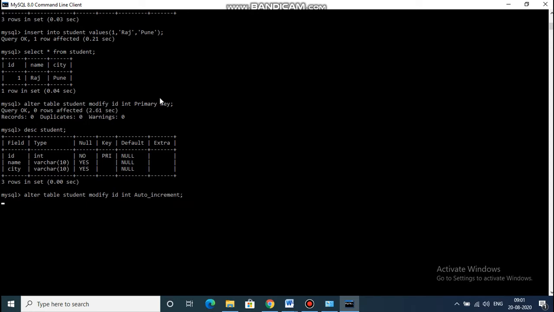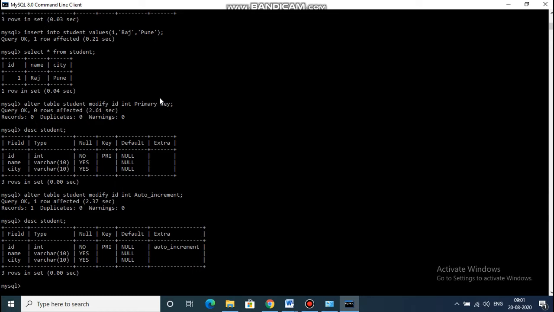Okay, auto increment is also successfully performed over here. Now I have to check the extra feature I have provided by using the DESC command. So this is the extra column in which auto increment is visible.